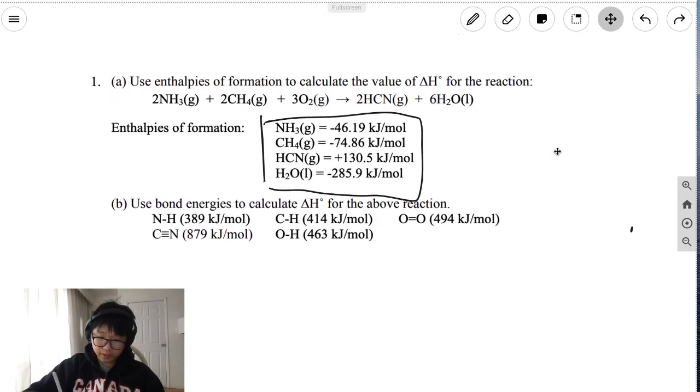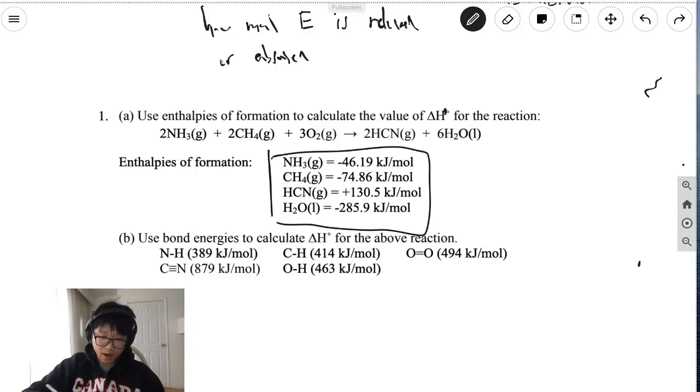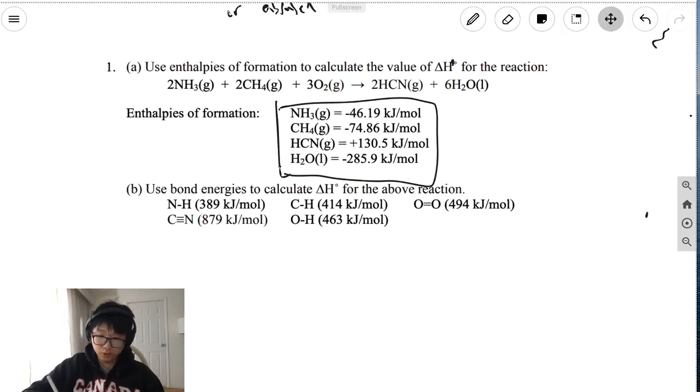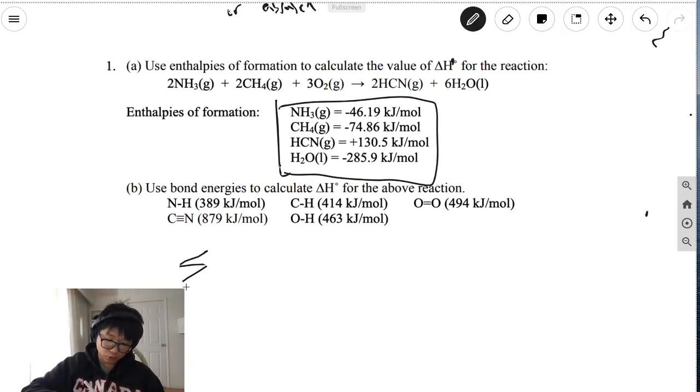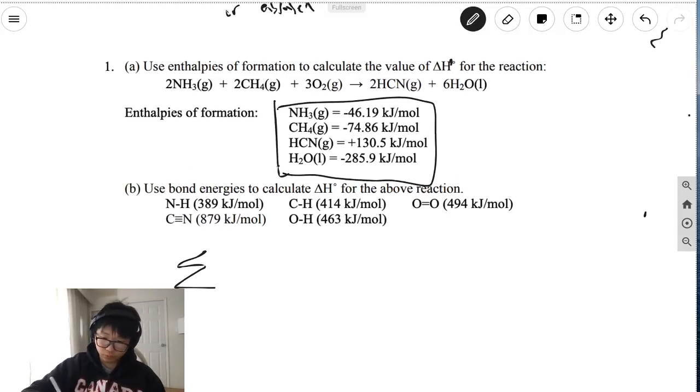Okay, so in this case, why don't I see an O2? Well, I just said that. It's going to be 0 because it's in its own elemental state. So let's do part A. To do this, you need that equation I was talking about earlier. The delta H of the reaction